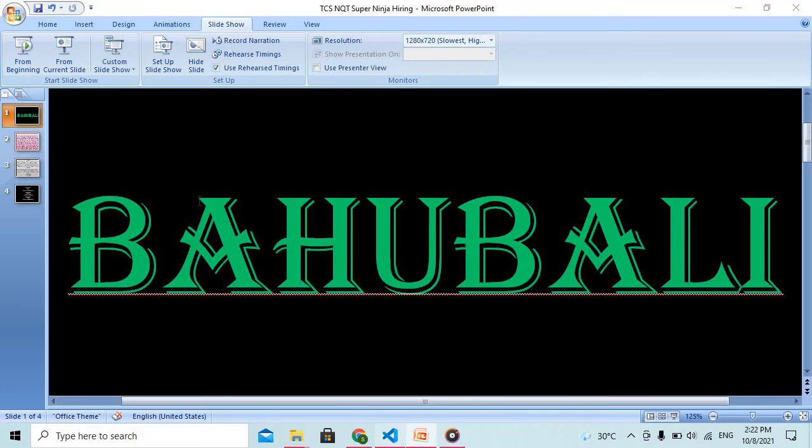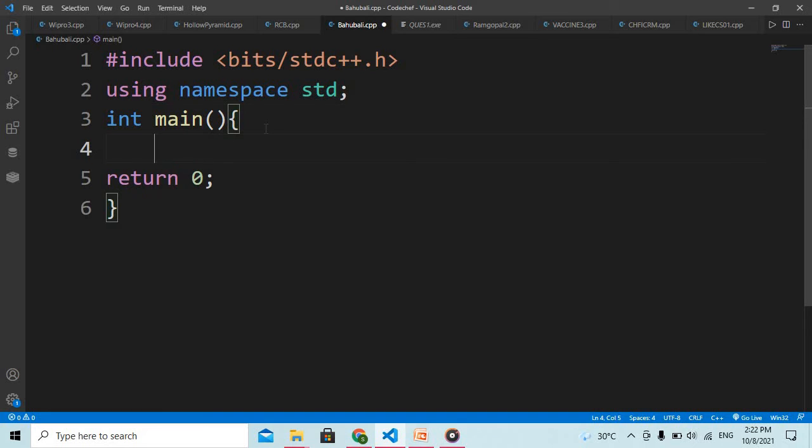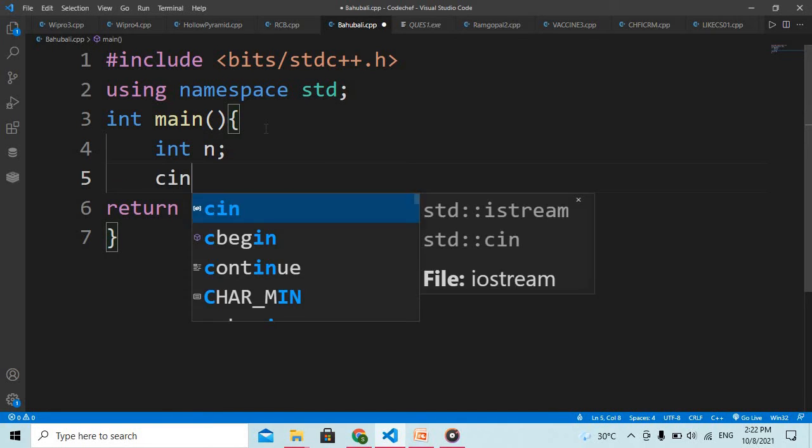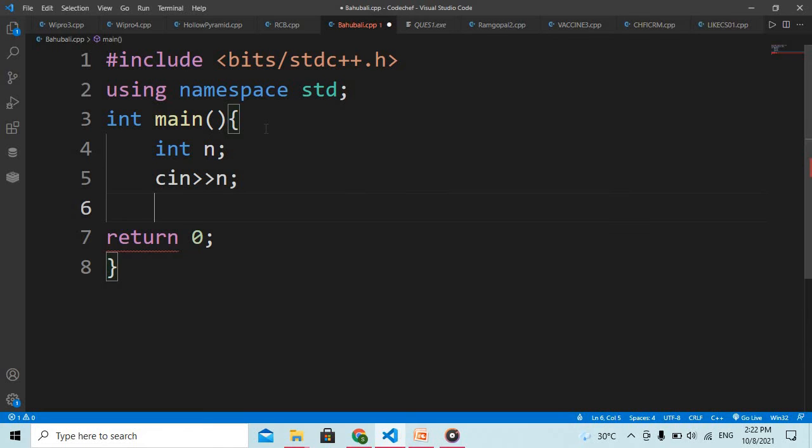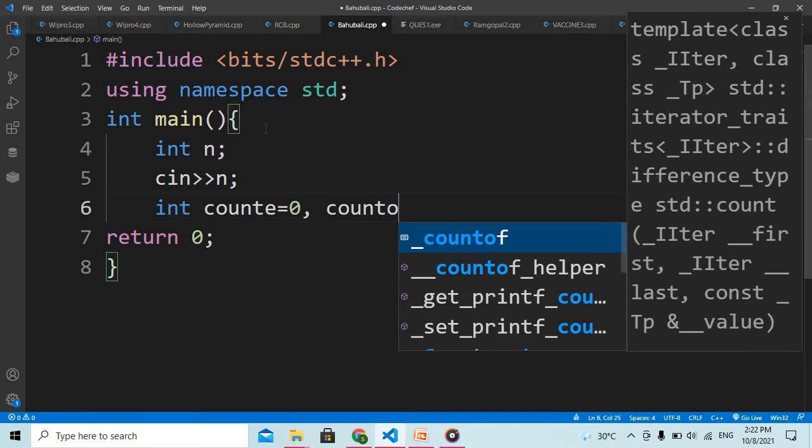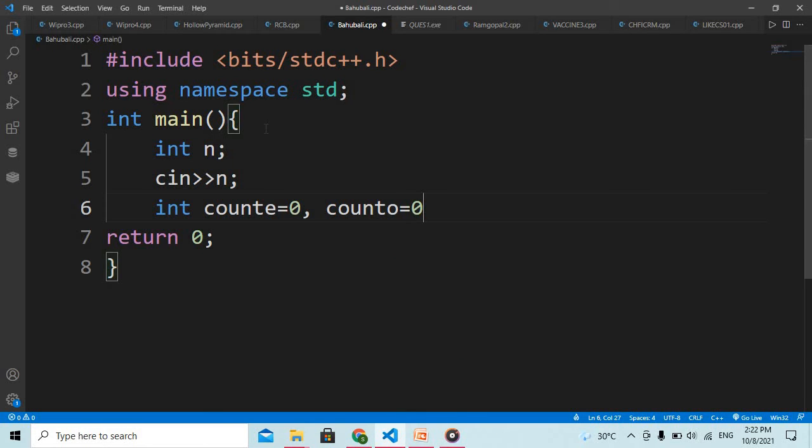Let's code this out. First of all, we'll have n as the input, the number of soldiers. Then we will have the count of even, count E, and the count of odd weapons, count O. Both should be initialized to 0. Then we must have a soldier variable to take how many weapons a soldier is having.